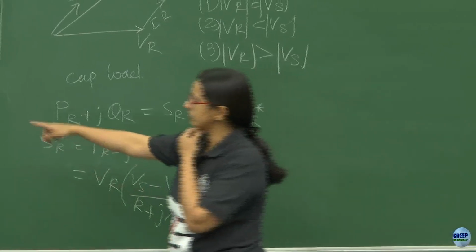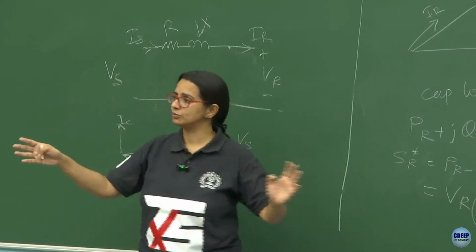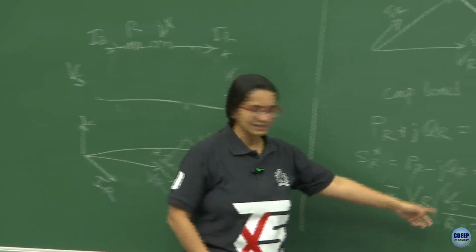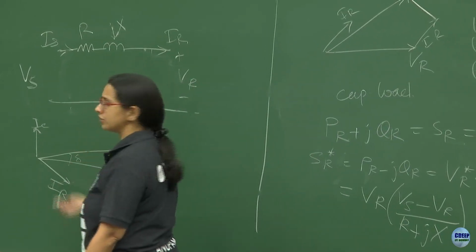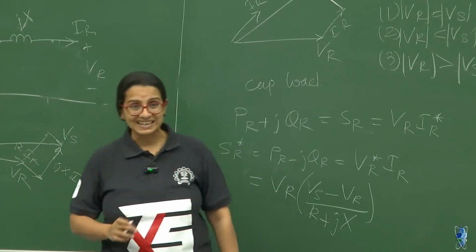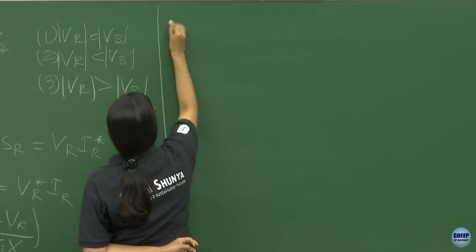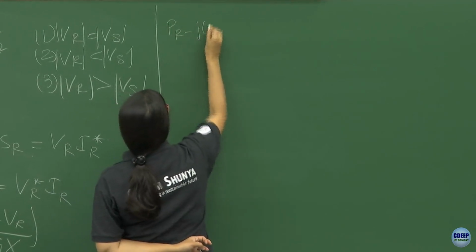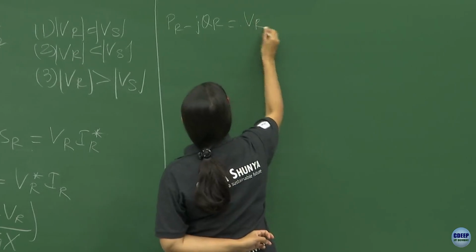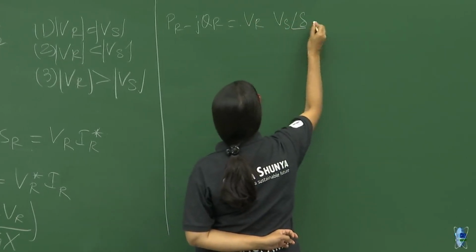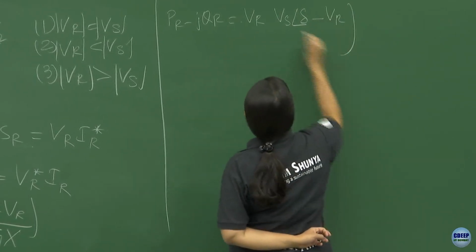This VS, in fact, I've just written in phase. By the way, all of this is in phasor form. I hope you appreciate that, right? So I could always write this in terms of the angle it makes with the reference, whatever this angle be. I'm just going to call it delta, correct? So I could say that PR is VR. I'll write this in the polar form, okay? Into VR